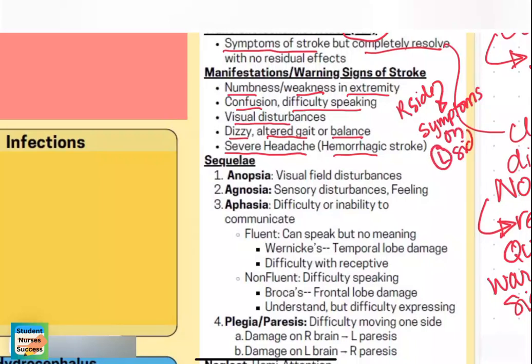So if the patient has a clot on the right side of their brain in their right middle cerebral artery, their left arm would be the one that is not moving or that has numbness or weakness. And depending on if the issue is in the frontal lobe, you may have processing difficulties. If it's in the middle cerebral artery, we see more motor, maybe more speech issues. So it just depends on where the clot or the bleeding is in the brain, and that's the symptoms that you're going to see.